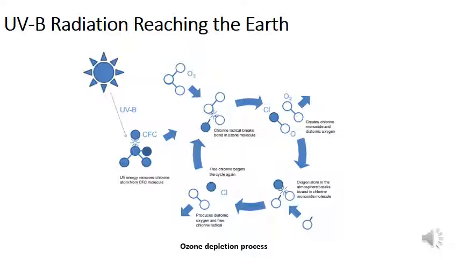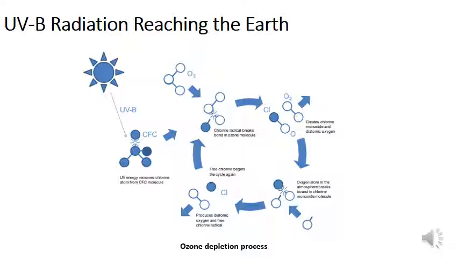Accounting for less than 0.5%, UVB radiation is a minor fraction of the solar radiation reaching the Earth's surface. This is due to the action of the stratospheric ozone layer. The extinction coefficient of ozone increases several orders of magnitude as wavelength decreases. This property confers to the stratospheric ozone layer the role of protecting Earth's life from the most harmful solar UV radiation